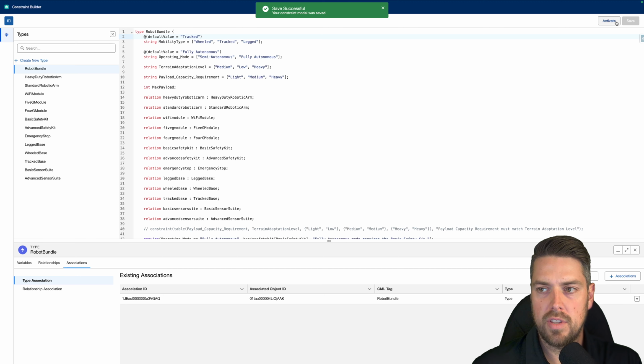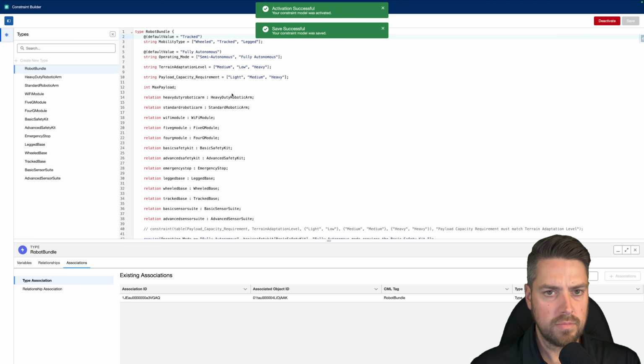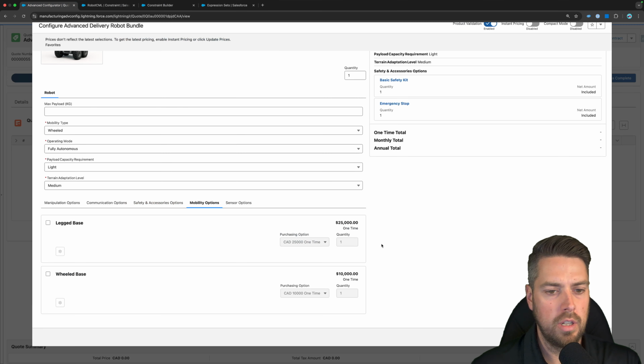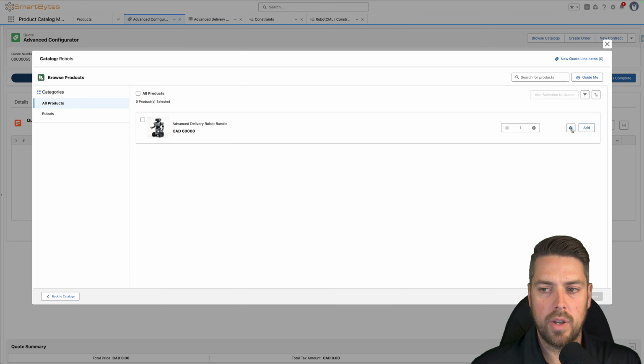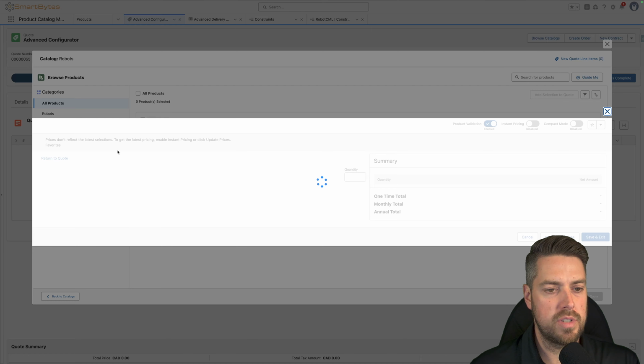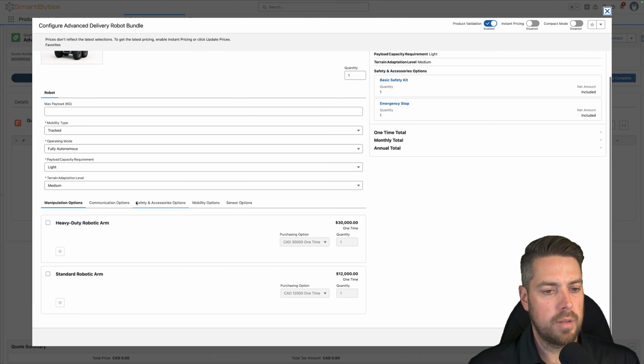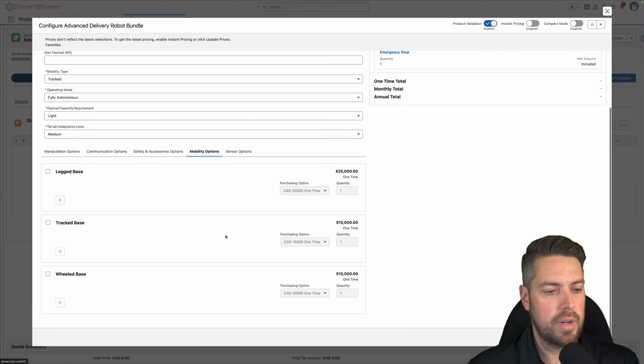And now we can save this and activate. And we'll add back into our bundle. So we'll again cancel our current configuration and reopen that configuration to test that new scenario. As you're looking at the product option, if we want to see what's happening, we'll make sure we